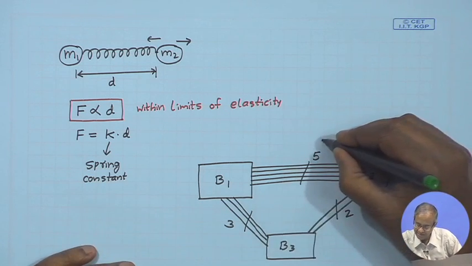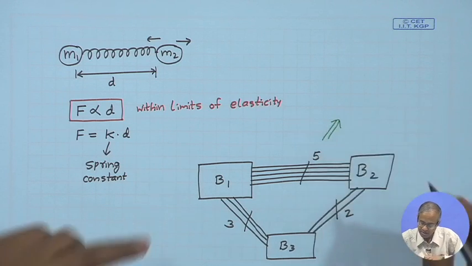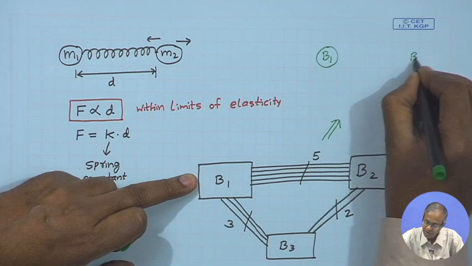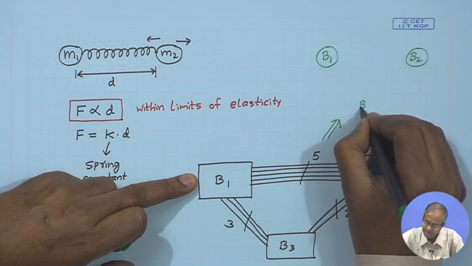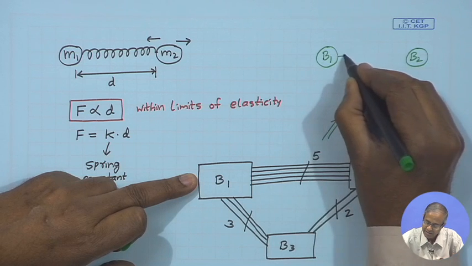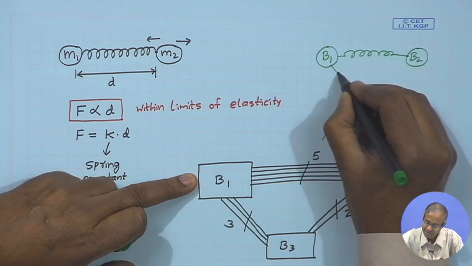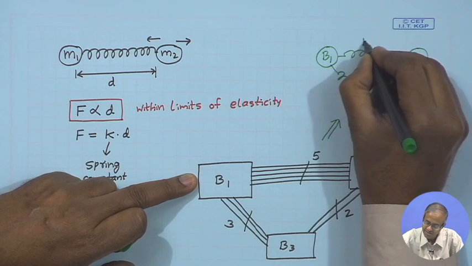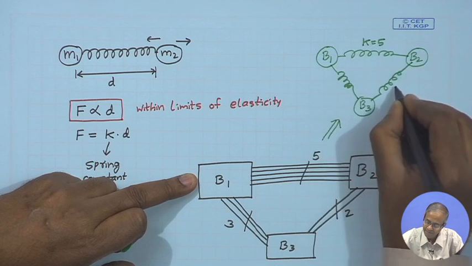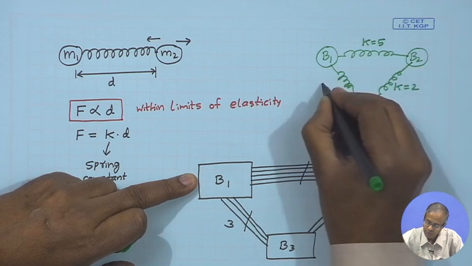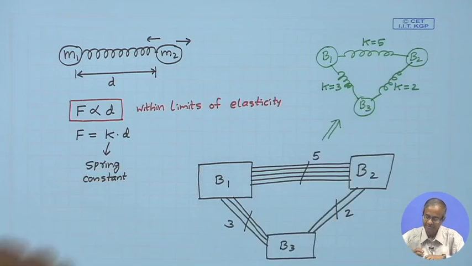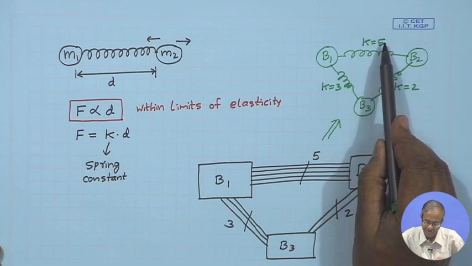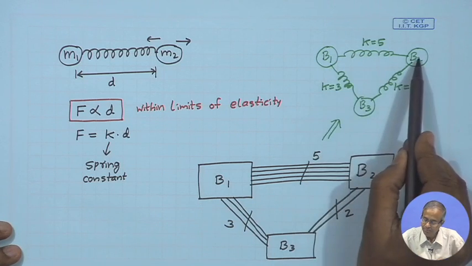So, what I am saying is that this problem, can I model it equivalently as 3 bodies B1, B2 and B3 which are connected by 3 springs whose spring constants are k equal to 5, k equal to 2 and k equal to 3. Because this particular spring is the strongest with the highest value of spring constant, it will pull B1 and B2